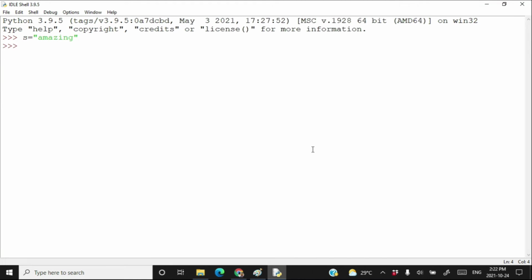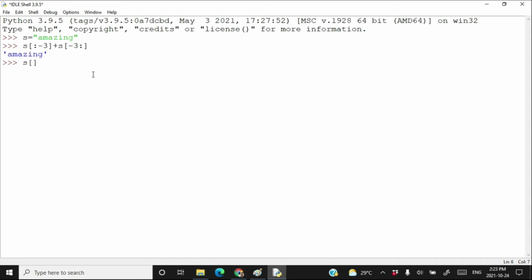The same works with negative indexing also. If we write starting from 0 go up to minus 3, and then starting from minus 3 go up to last, then again you will get the same string. So hopefully you are getting it. String slicing does not always mean to take consecutive characters.